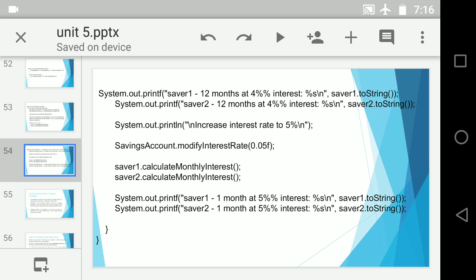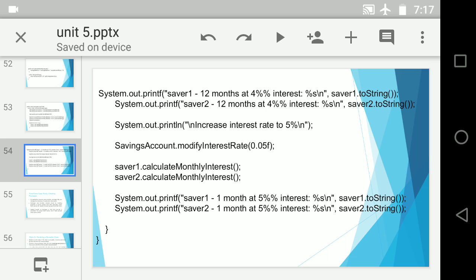Done. So what I want you to do right now is, okay, this is the end of program. Now I want you to copy this code, paste it in your IDE and test it as it is. Then change the values. Correct? Next time I want you to call savings account dot modify interest rate by using saver 1 dot modify interest rate, saver 2 dot modify interest rate, and see the change in output.